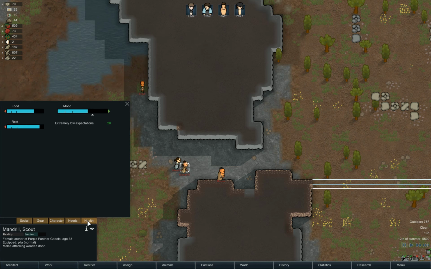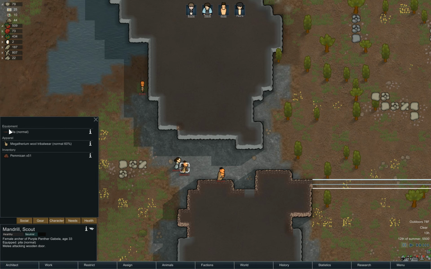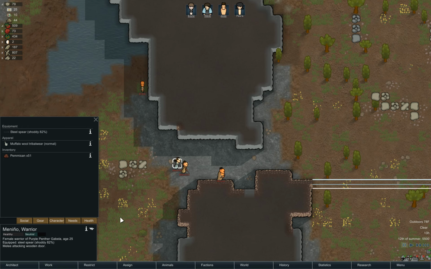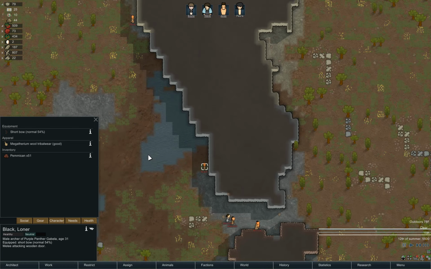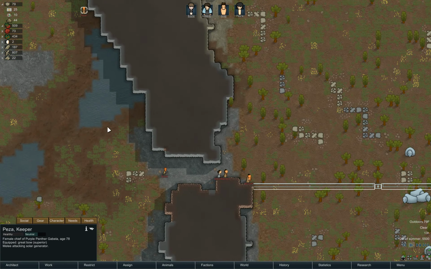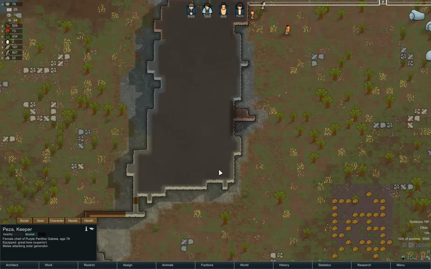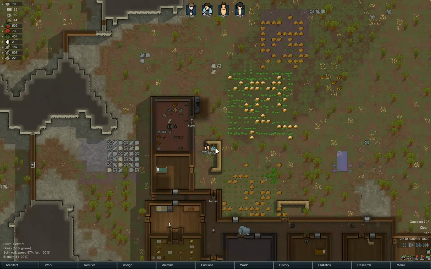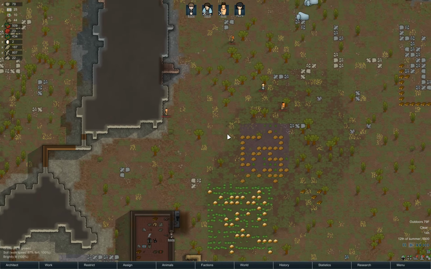I don't know if that... let's see, is that ranged? Throwing spear, so yeah, ranged here. Steel spear, okay. And another short bow. And you're coming up in the back with a superior great bow, which... that's pretty scary, but we might be able to make everyone run before...